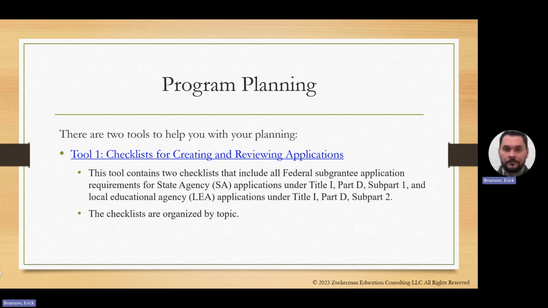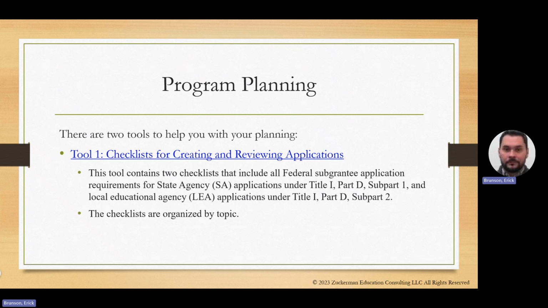Something else that I like that NDTAC did that I think is just kind of reassurance is they have the application, and then they have the statutory reference for why that section is in the application. So if some of you are sitting there saying, why does South Carolina ask us all these questions? How come we have to have so many of these questions in our application? The answer is because that is the condition of receiving the funding. That's what Congress put into the law. And you can see all of the statutory pieces of it here. And so it's statutory, but it has some of the language we discussed yesterday.